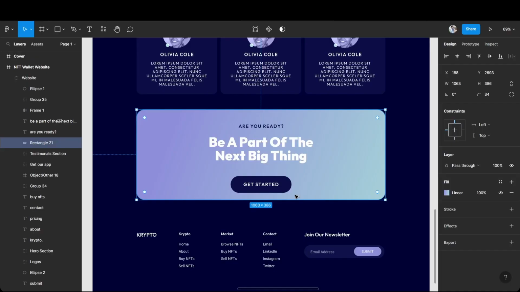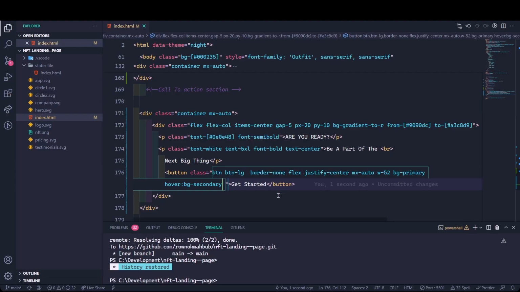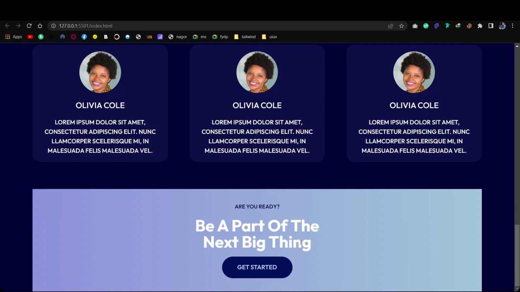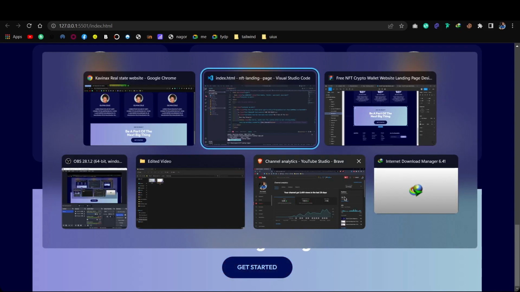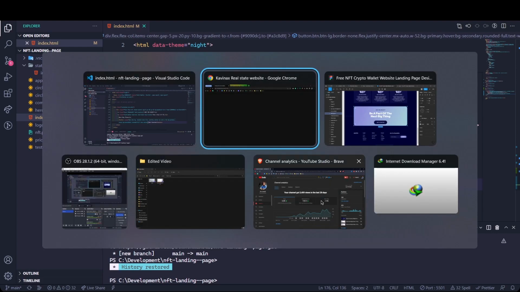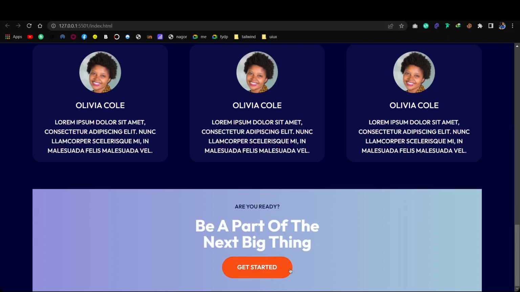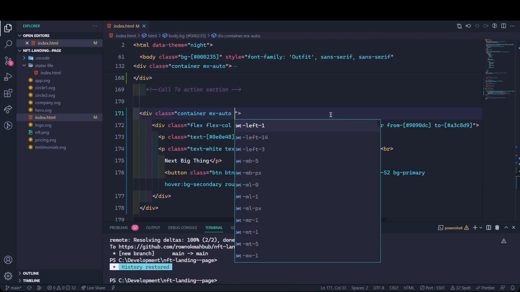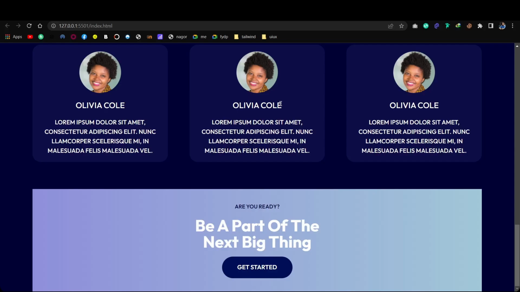Okay, if I go to the code, oh, the border should be rounded full. Okay, rounded full. Now it looks good. Now it's working as well. Okay, so the text should be white. Text should be white, and yeah, like this. Looks perfect, right? So in this whole part, I need to give padding by 20